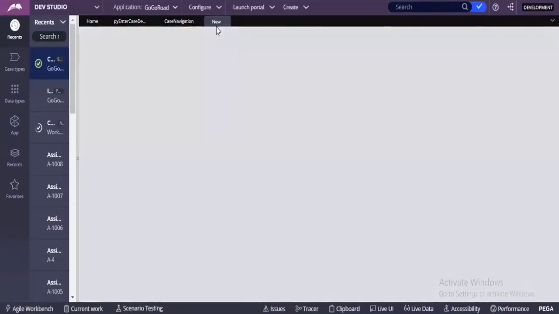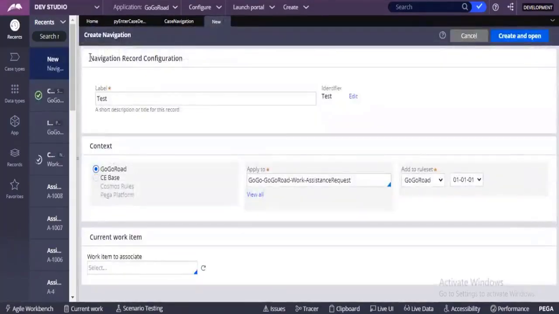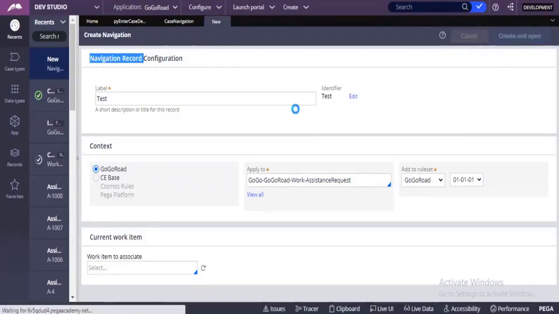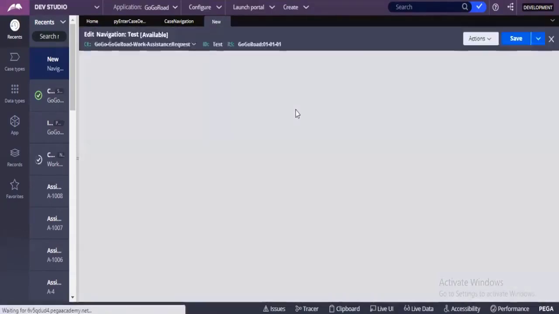It is creating a new rule. See, it will create a new navigation record. Navigation record is one rule type, similar to sections, similar to data transform. So we are creating, right. Similarly, it will create one rule type called navigation record. Click on create and open. It will create